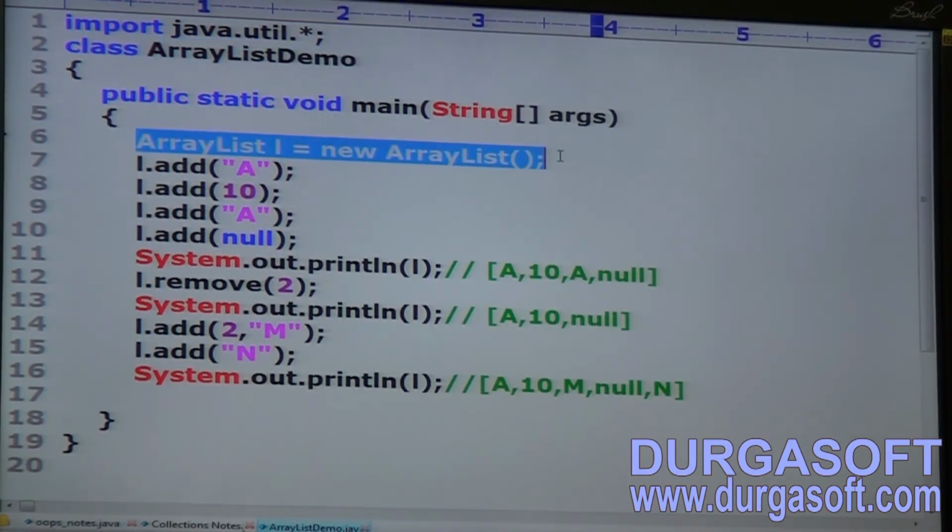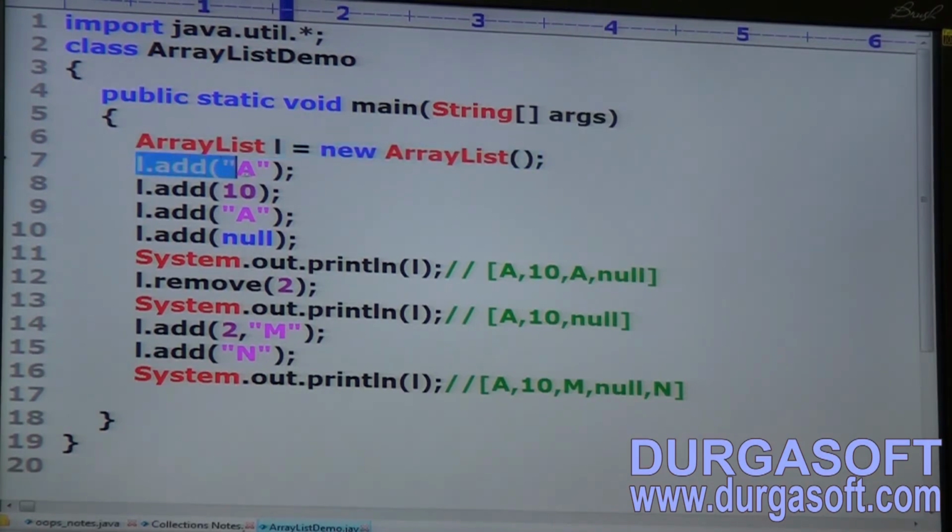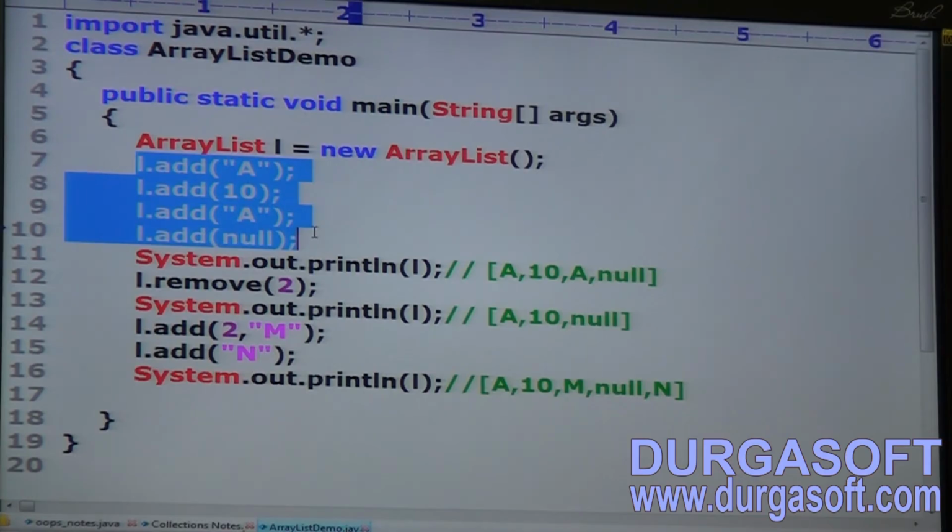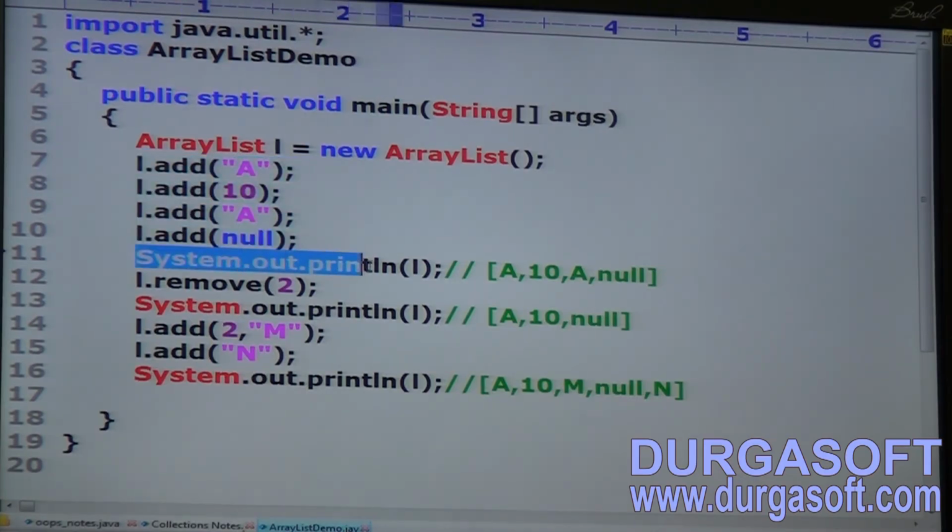Sir, I'm creating an ArrayList object l, l.add("A"), l.add(10), l.add("A"), l.add(null), then System.out.println(l).